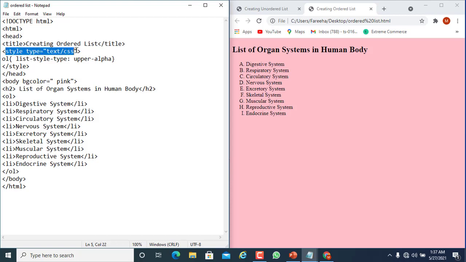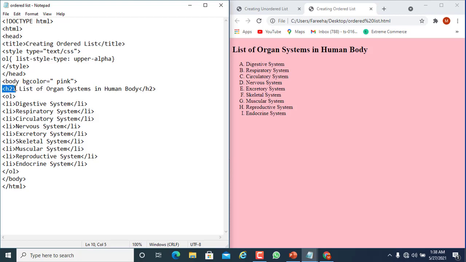Then we define the style tag. Here for the OL tag, we specify the list-style-type as upper-alpha. Style close, head close, body element starts now.